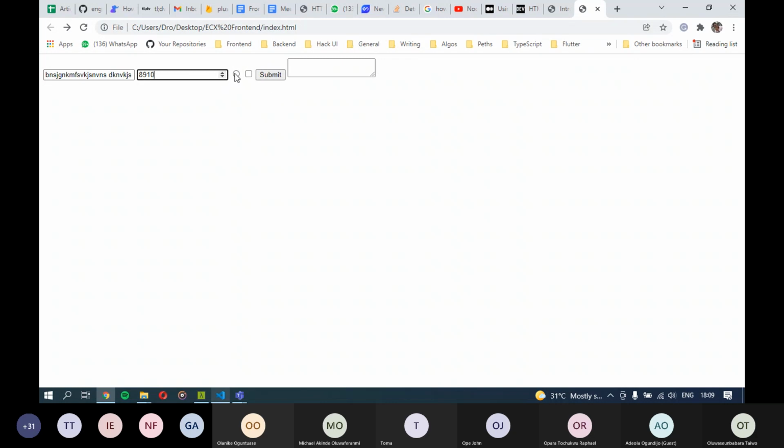So we also have radio buttons. Radio buttons are useful if you have a form with 4 options or 2 options or 3 options and you want the person to choose one. If you have multiple options and you want your user to choose one, that's when you use a radio button. If you have multiple options and you want them to choose as many as they want, that's when you use a checkbox. So I hope you get the difference between both of them.